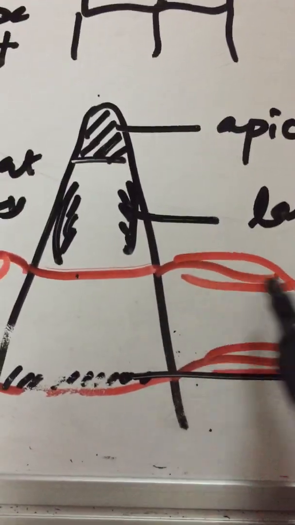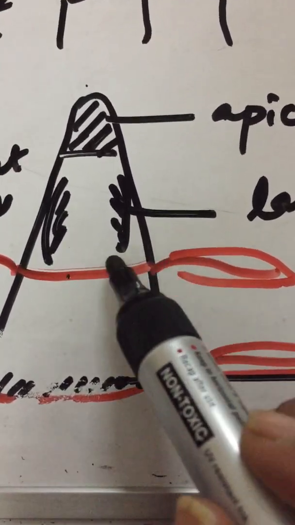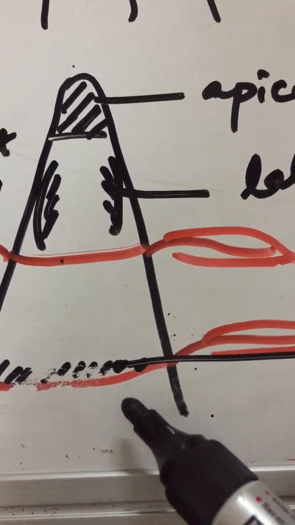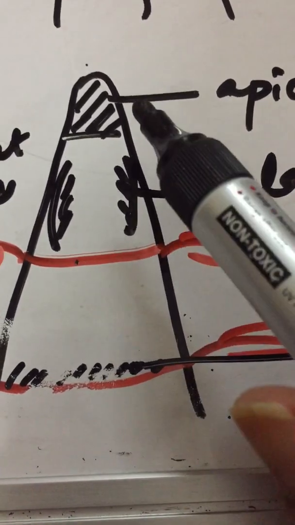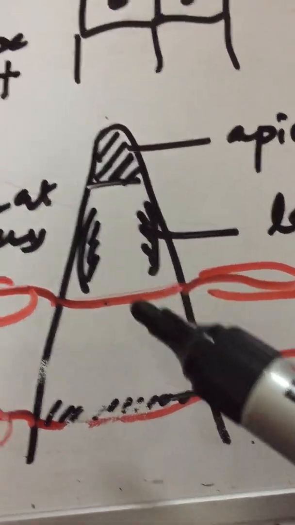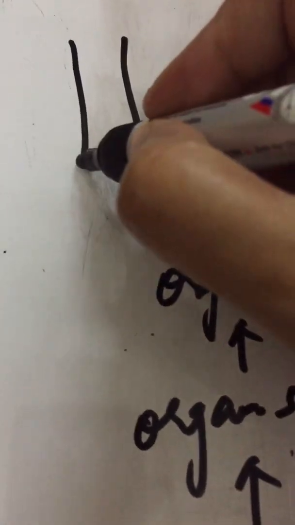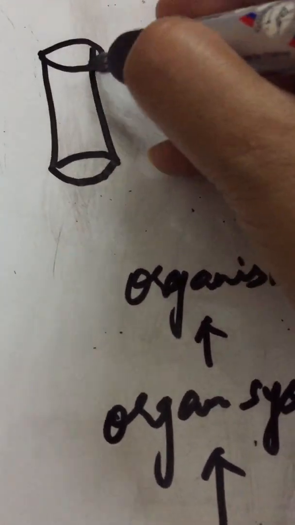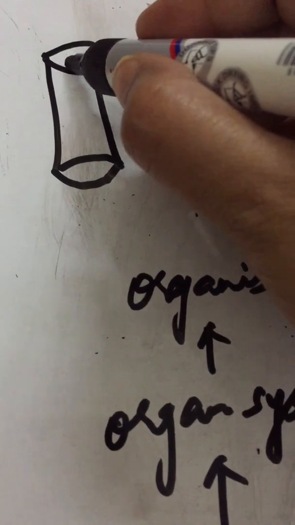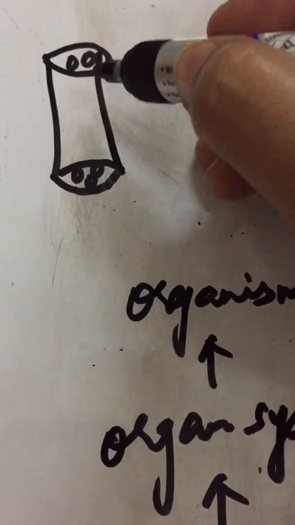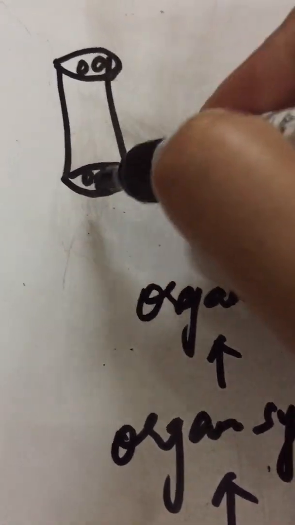Like if this leaf is manufacturing food in a plant, it will translocate it in the upward direction also and in the downward direction also. But xylem helps in conduction of water only in the upward direction, that is from the roots to upper parts of the plant. Now sieve tubes look somewhat elongated like this, and they are called sieve because sieve means something which is used to filter. Just like you make tea and you use a strainer to keep the tea leaves away, sieve means chalni, what you say. So sieve tube cells have sieves at their ends.